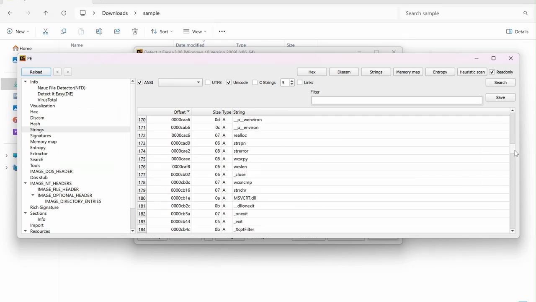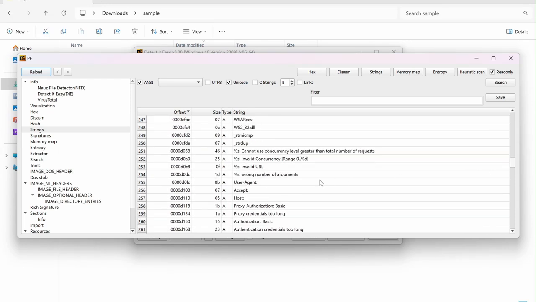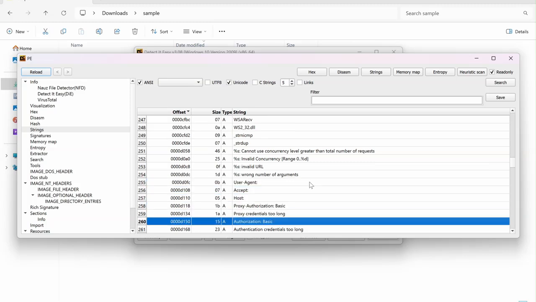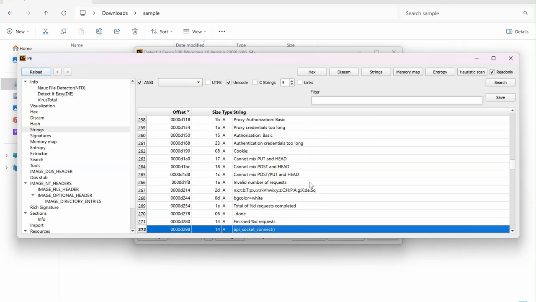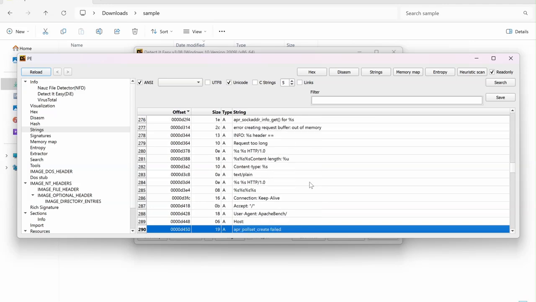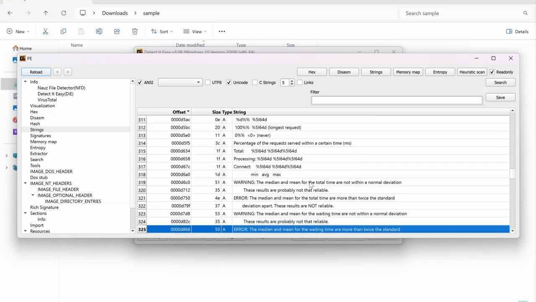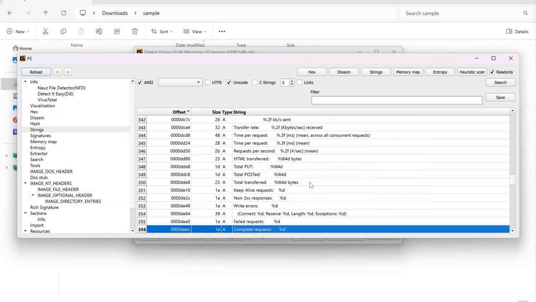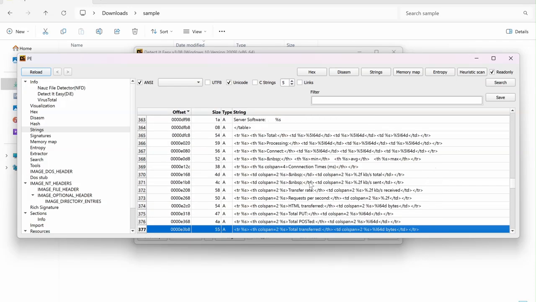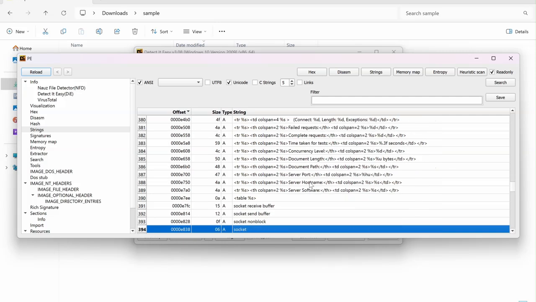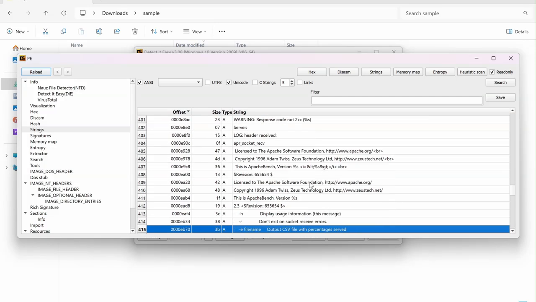Look, user agent, accept, host, and other stuff. Maybe you will find the IP address over here, Apache bench, and other important stuff related to connections, and blah blah. And let's try to find more